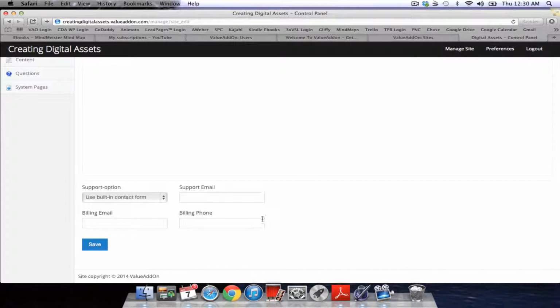And if you have a support email set up, and the billing phone and support phone, if you have all this set up for your business, like some people have Zendesk or what's that other one? I forget what the name of it is.